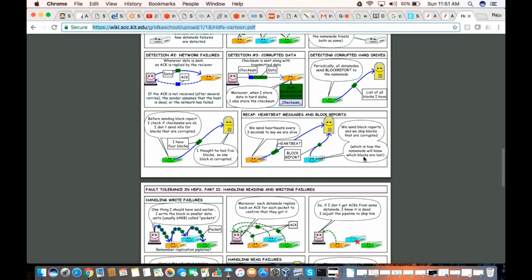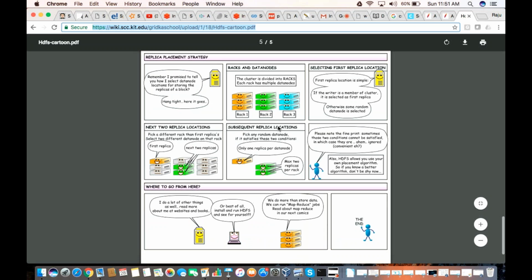What is rack awareness, how the replicas are stored, and